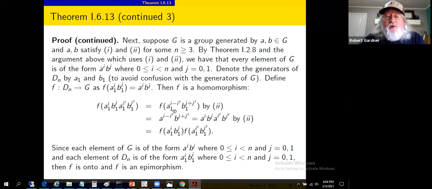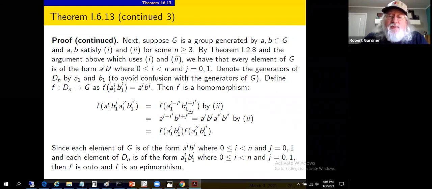We saw we can move the A1s to the left and produce a product of A's times a product of B's. As you move these things to the left, we're picking up negative signs on the exponent. So we end up with A sub 1 to the I minus I prime. The B's just move smoothly to the right, and we had the inverses that popped up with the A's. So on the right, we get B sub 1 to the J plus J prime. Just add exponents on those, with some complications with inverses as you move the A's. And we end up with